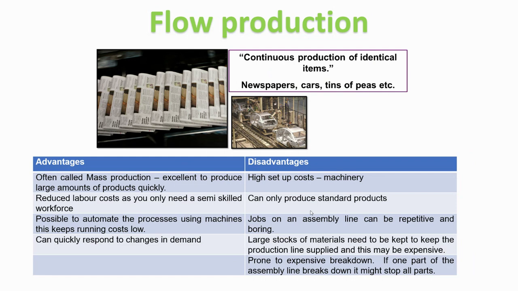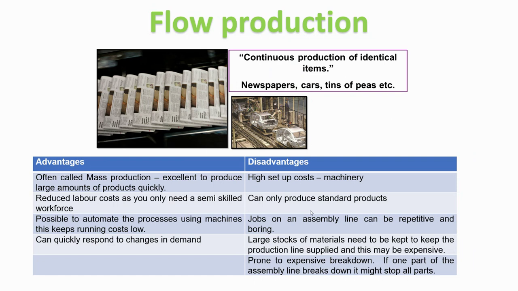The final one is flow production. It's flowing. It's continuous production. It's mass production. These are names that it goes by. Now, the whole point here is that we're making identical items very, very, very quickly. Because we're making them quickly, human beings are not fast enough to produce those goods. We're going to replace human beings for the most part with automation, robots